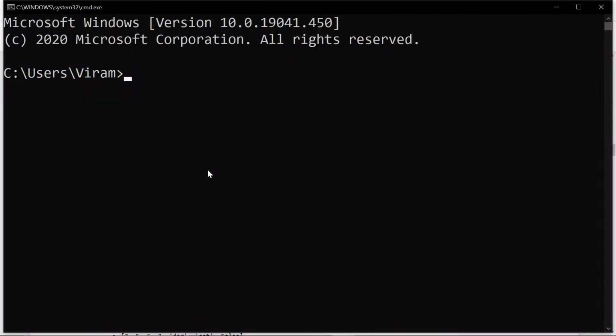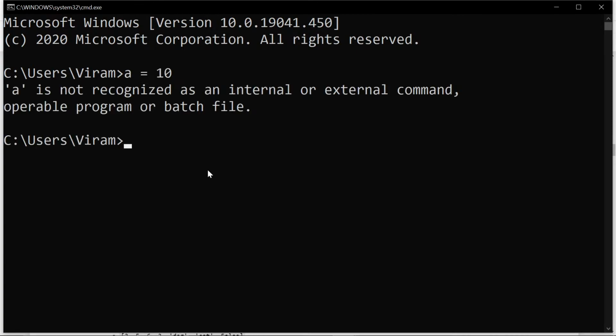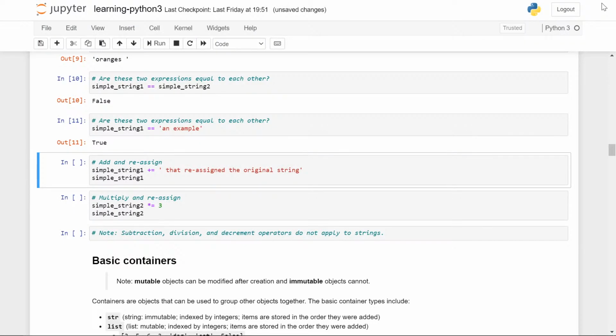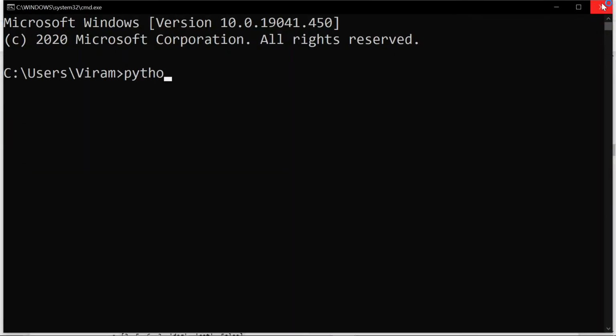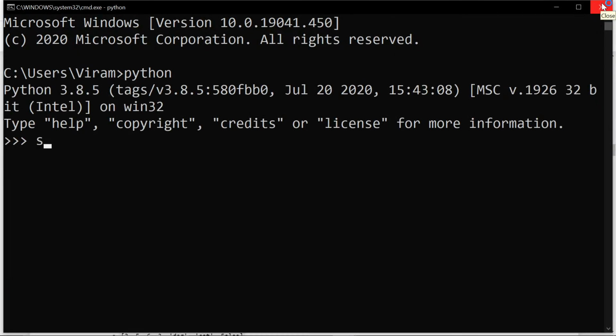So let's open a little thing. Let's say a is equal to 10. Enter. Okay, sorry, Python. I forgot to enter Python. So a is equal to 10. Then a is equal to a plus 10. I'm doing this for those people who were not in the last lecture, because if I don't do this, all the further things will go over their heads. So let's print a now.